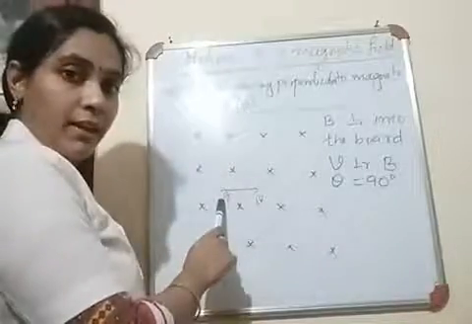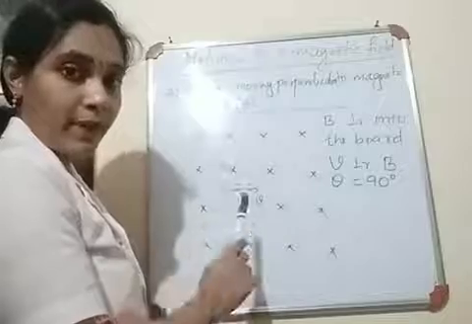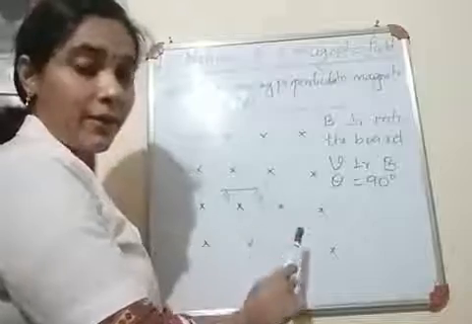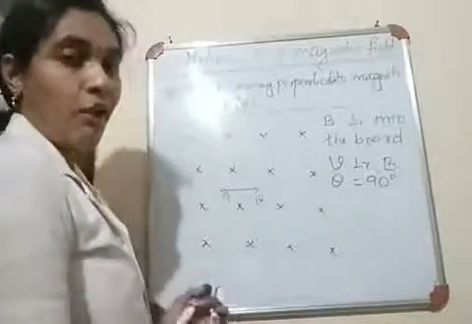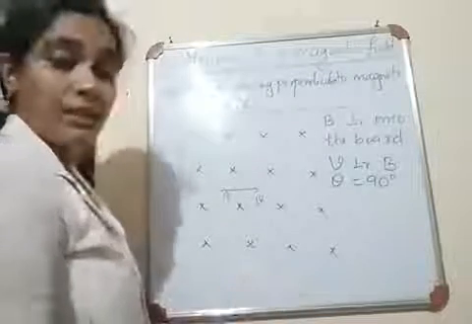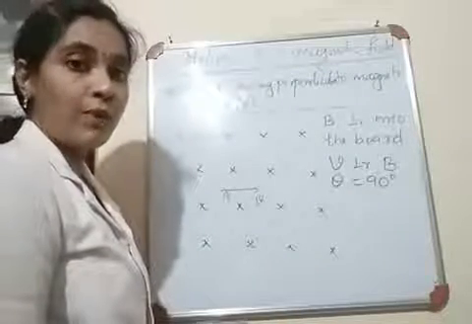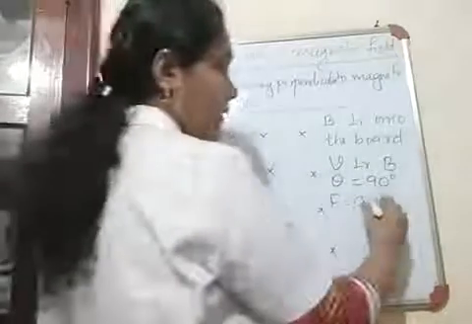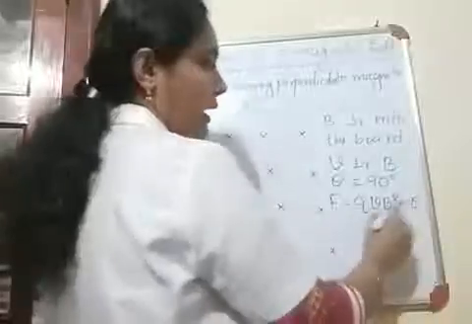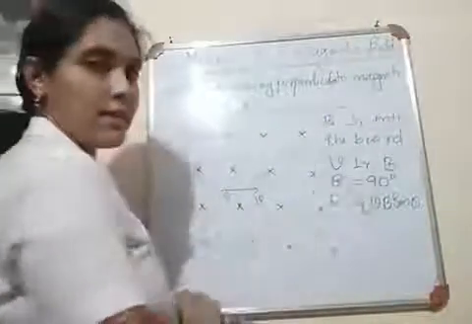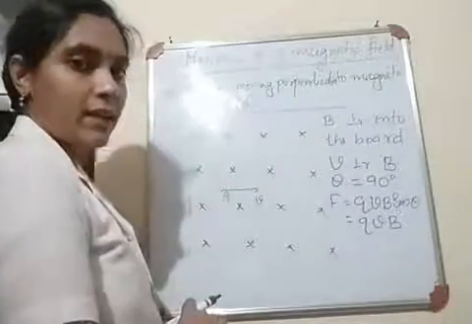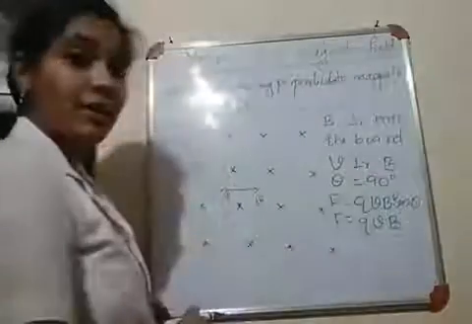Again, it's a charged particle and it is moving, so it will behave like a magnet. When such a particle enters a magnetic field, it will experience a force. How will you find the magnitude of that force? Using the expression F is equal to Q into V cross B. And what is V cross B? It is VB sine theta. Here, theta is 90 degrees, so our force will be QVB because sine 90 is 1. This is the magnitude of that force.